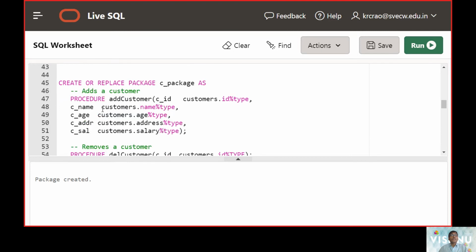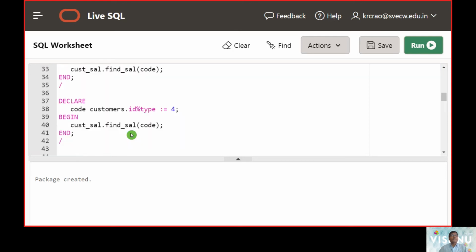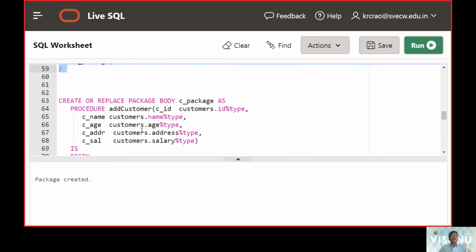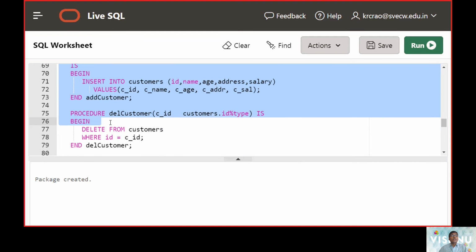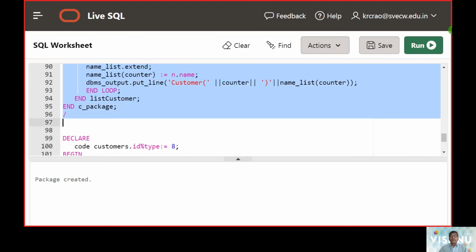So first of all, I am processing the data definition part, that is creating or defining the package. In this case, it says the package was created. Now let us see how a package is going to take up all three activities.